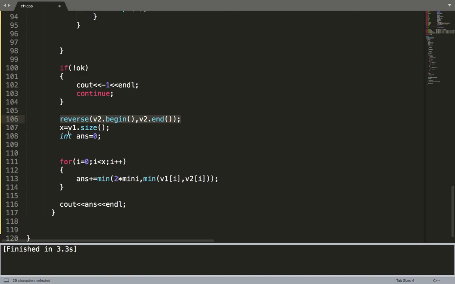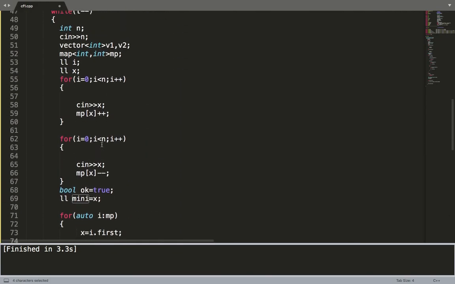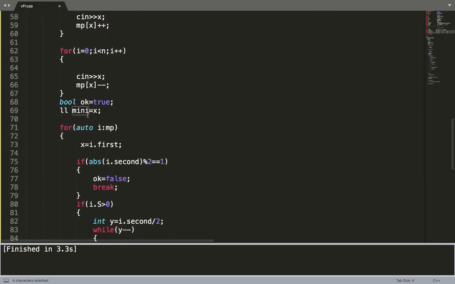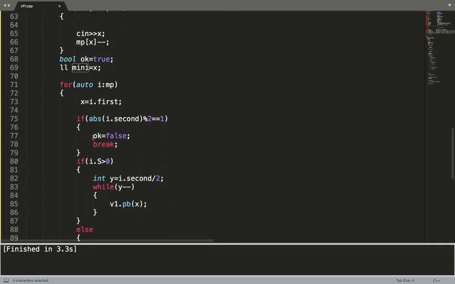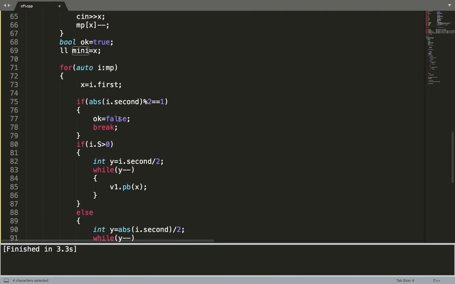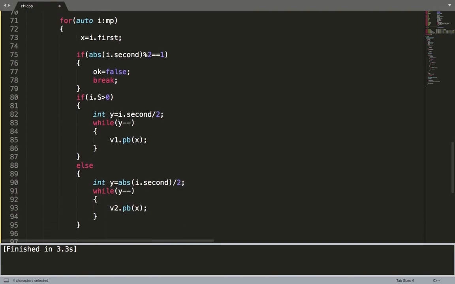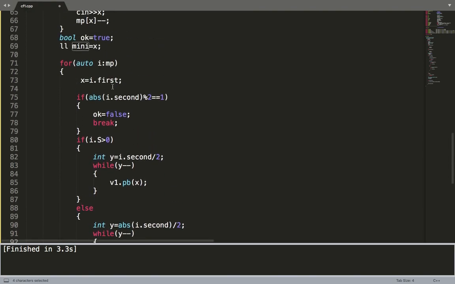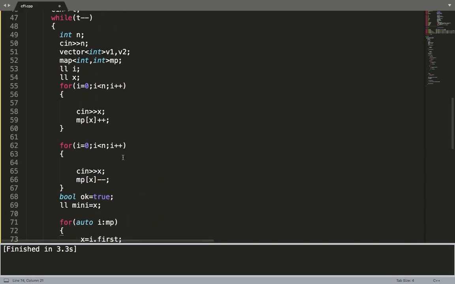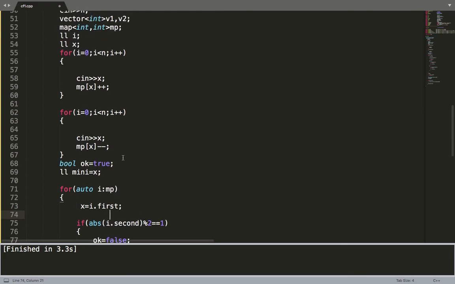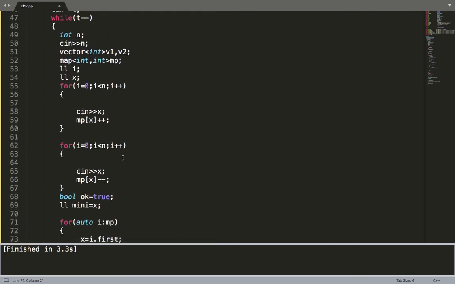Now x is the size of the vector. Minimum is the minimum of the elements present in both arrays. We have calculated a minimum here. I think I have forgotten how to print minimum.